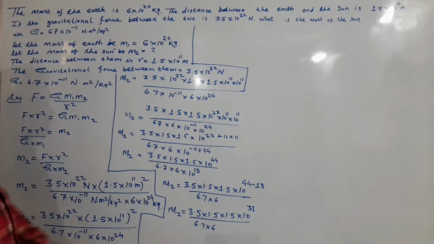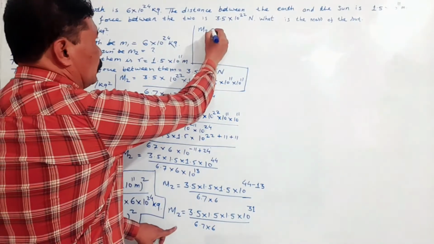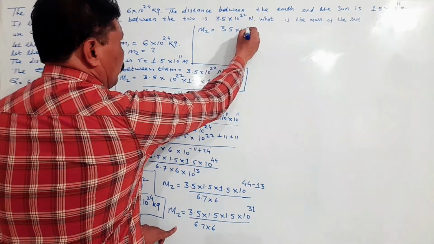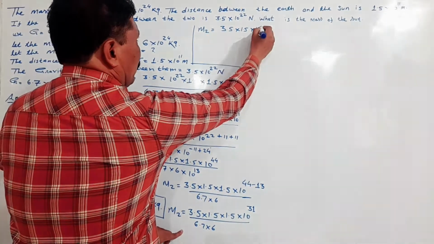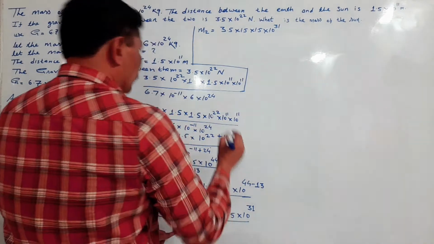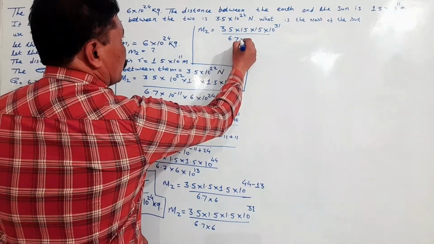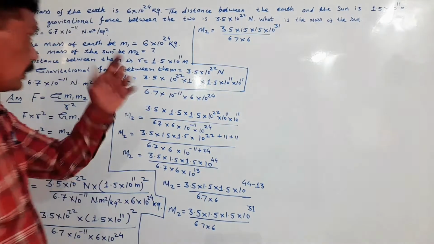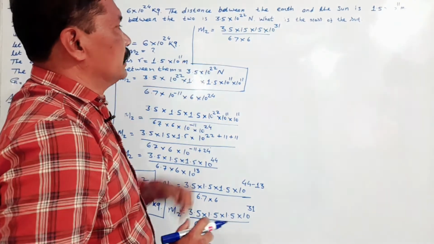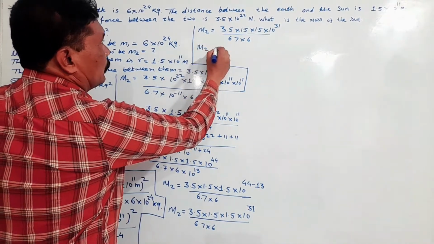Now my dear student, this step I will write again one more time. M2 is equal to 3.5 into 1.5 into 1.5 into 10 to the power 31 upon 6.7 into 6. Now my dear student, here we have to shift 1 to 3 digits so that we will get the whole number. So we will do one thing, M2 is equal to